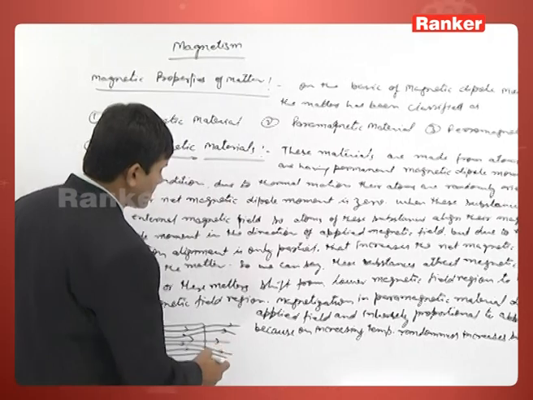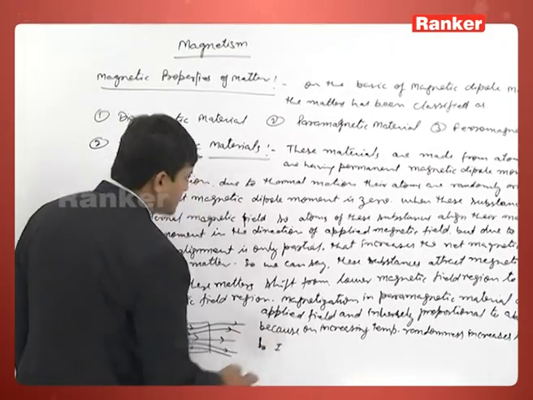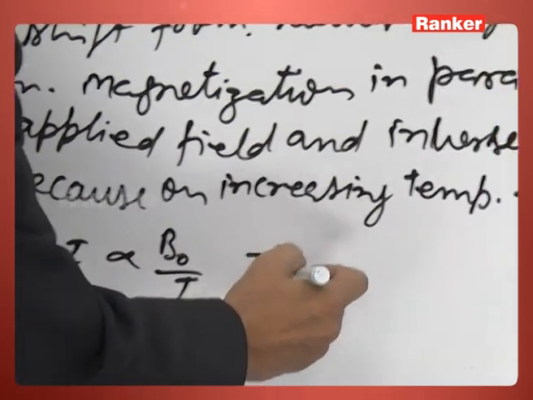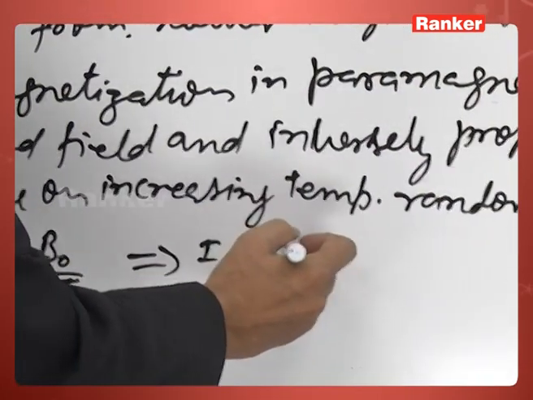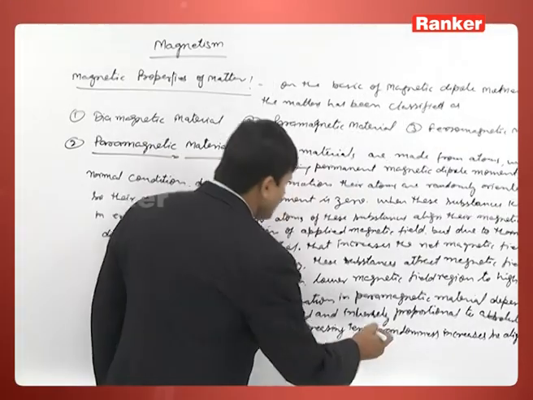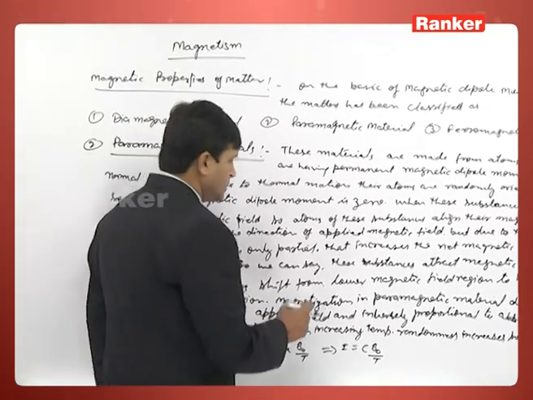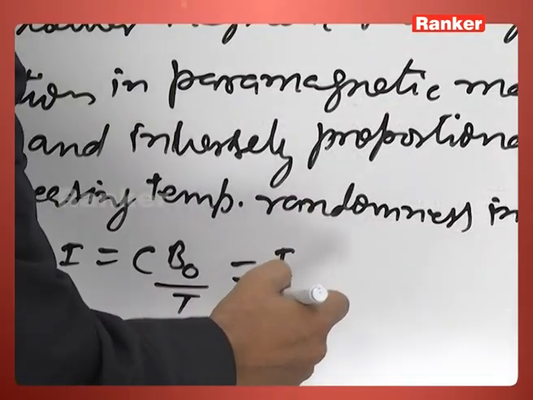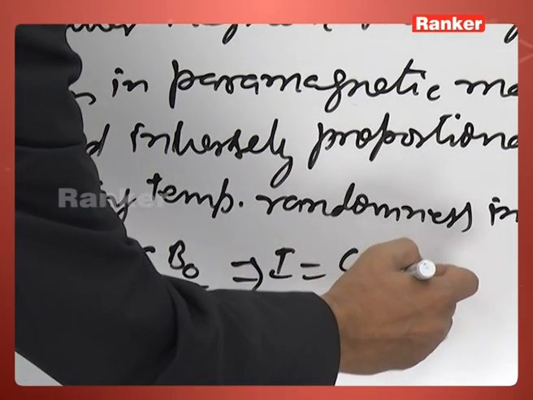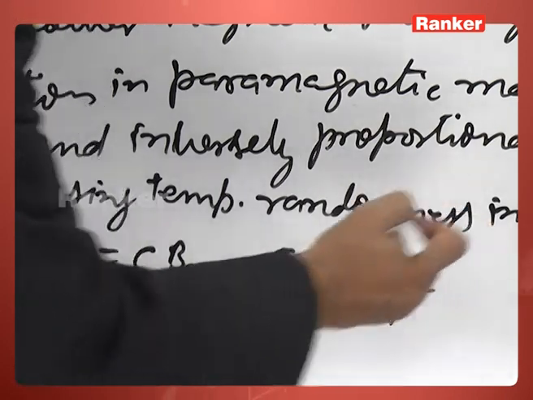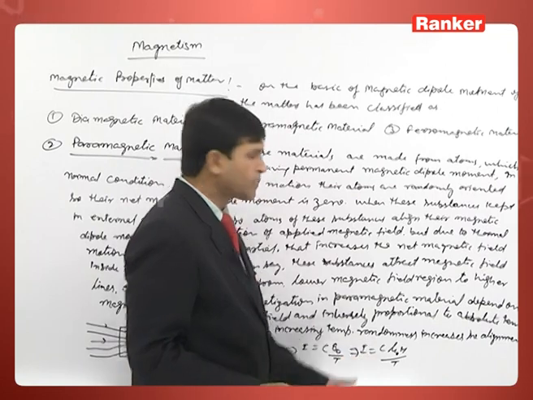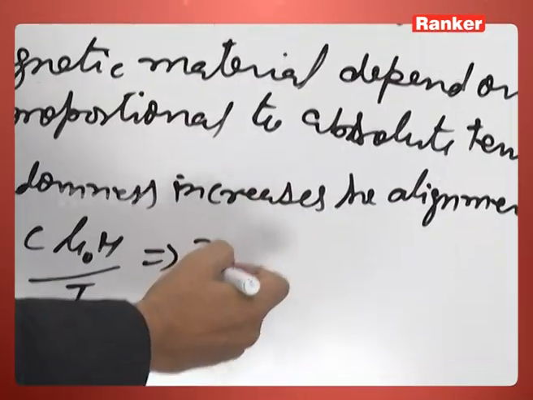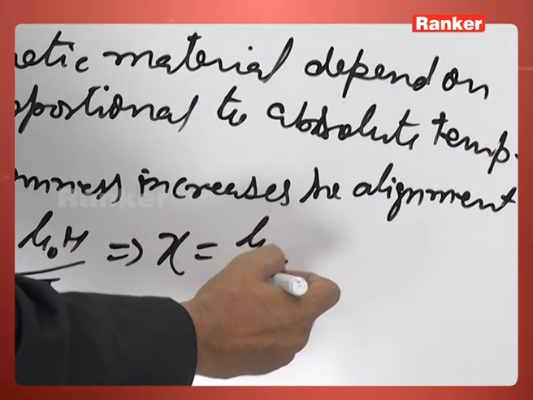So, we can write, intensity of magnetization is proportional to B naught by T, and this we can write as I is equal to C B naught by T, and C is further written as mu into H. That we can write here: I is equal to C mu naught into H by T. And as we know, I is equal to susceptibility into H, and this is your susceptibility is equal to mu naught by T,